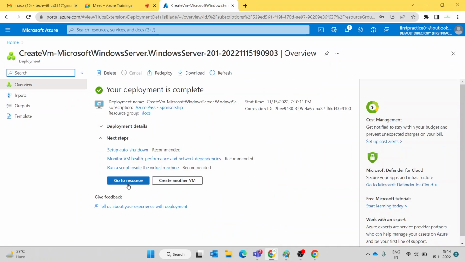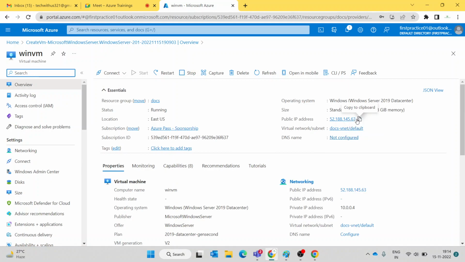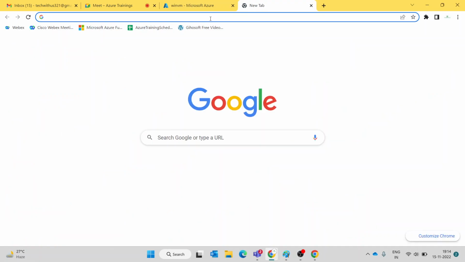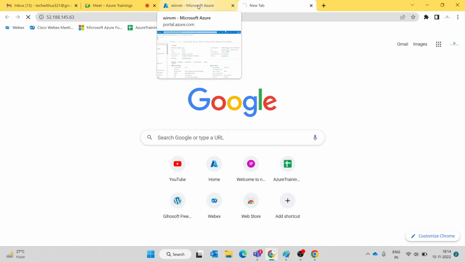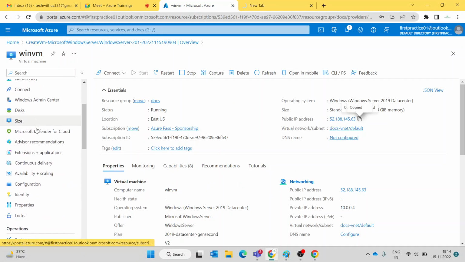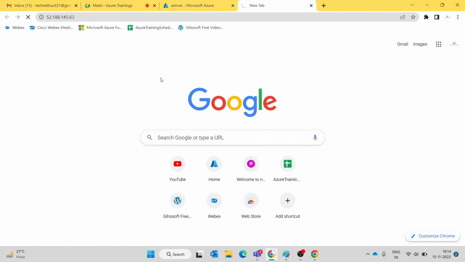Now the deployment got completed. I'll explain the run command and how to use it. You can see here I'm taking the public IP address and executing this. As you can see, we are not getting that IIS page. So what I will do now is